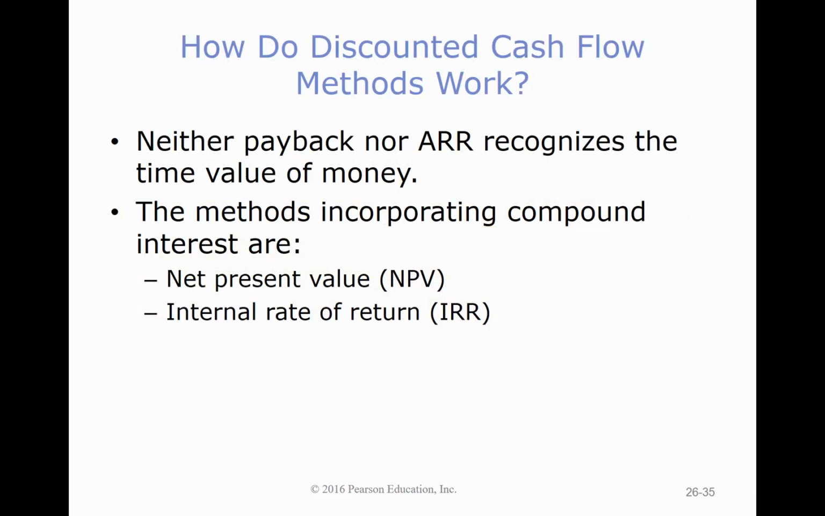So neither of the first two methods, payback or accounting rate of return, recognizes the time value of money, recognizes that money received now is worth more than money received in the future. So that's the real strength of using present value, okay? The downside is it's more complicated, right? I confused you just trying to explain it to you. You're going to have to work with it a little bit to get comfortable with the idea, whereas the other